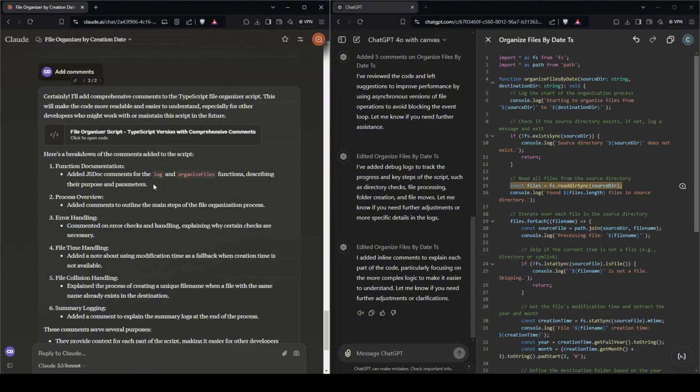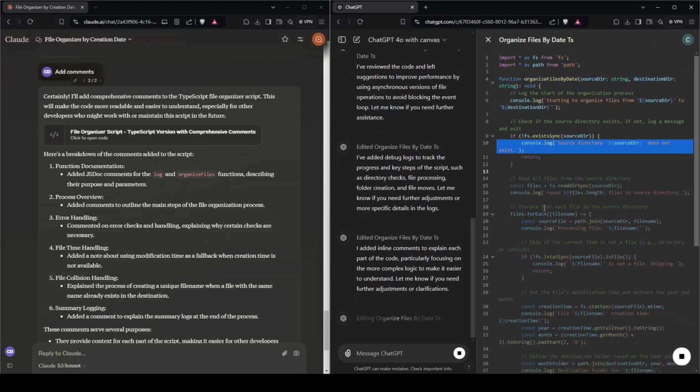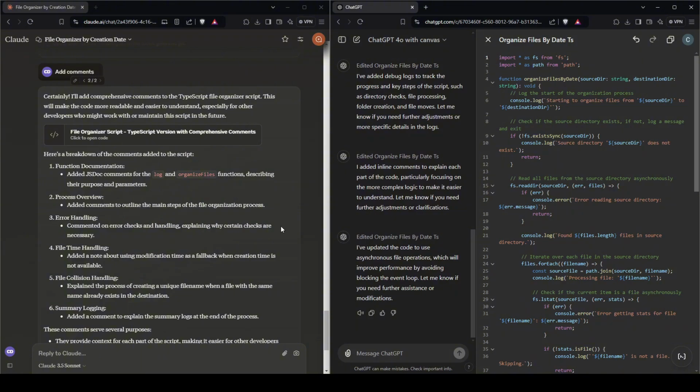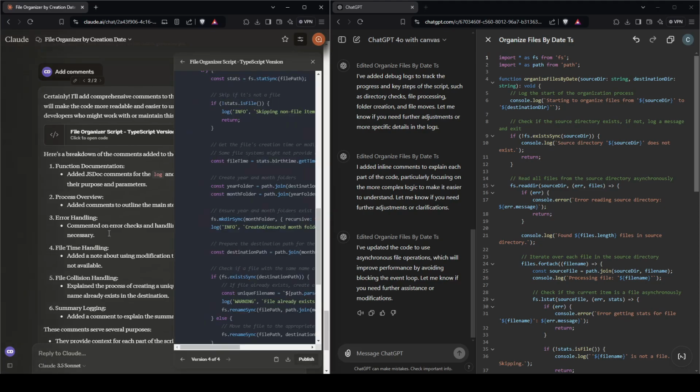Canvas excels with its coding shortcuts, though we can also emulate those using the chat interface in Claude. The inline suggestions look nice. It literally highlights the portion of the code where it has some suggestions, and we can apply it easily. Let's try it. There you go. It changed that portion. Artifacts provide solid code with comments right away, and it even goes one step further. So both features handle code effectively. But how do they perform when we step into web development? This is exciting. Let's find out.